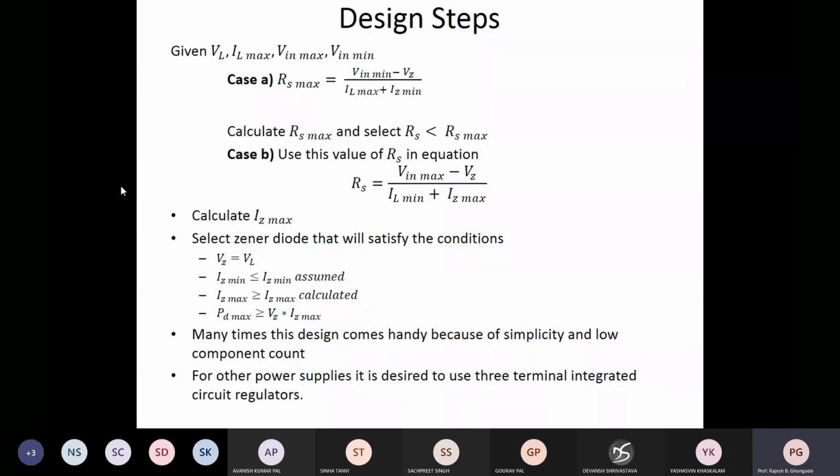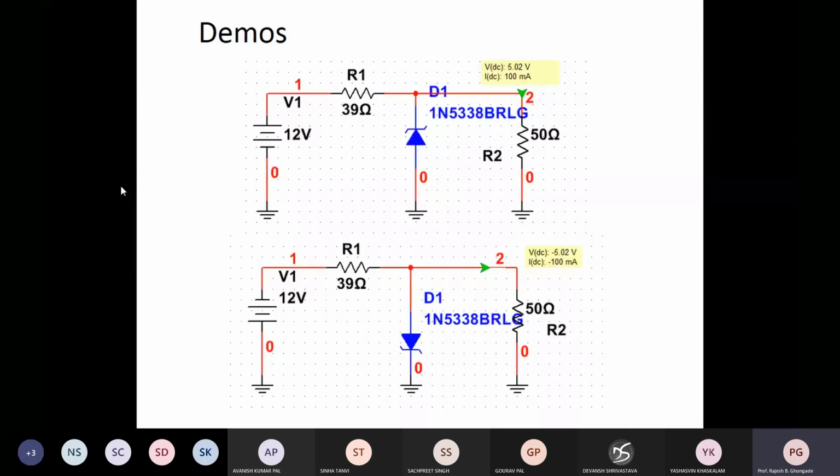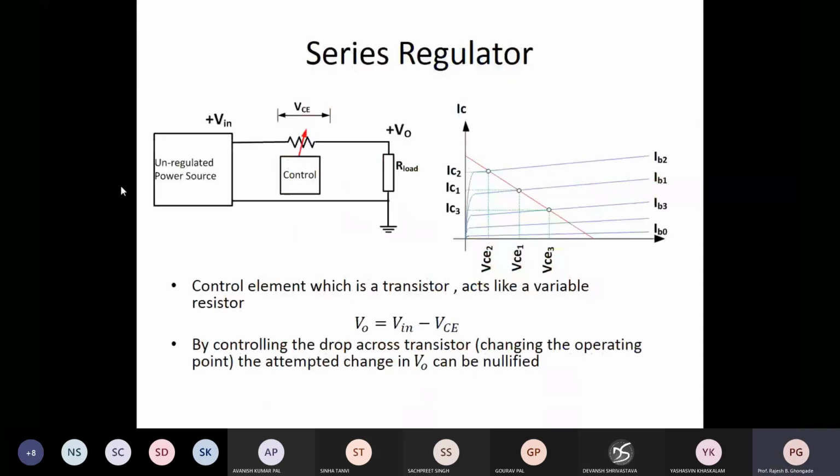Anyways, so continuing with the shunt regulator, we already have seen some sort of demo like this. As you can see, we can have both positive shunt regulator as well as negative shunt regulator, giving you a positive voltage and a negative voltage, which is plus minus 5 in this case. So it becomes very handy. Many times you don't want to invest a lot of money and design effort, specifically when your current requirement is less than 100 milliamperes. In that case, you can very easily use a shunt regulator.